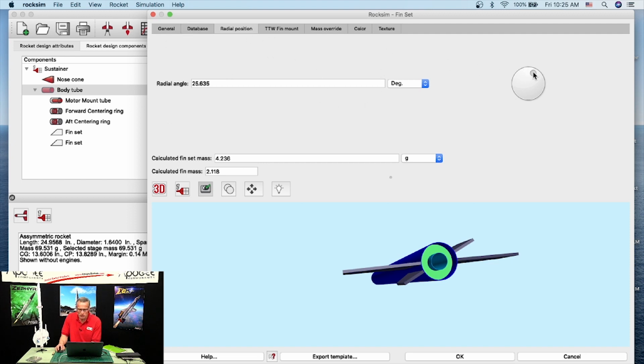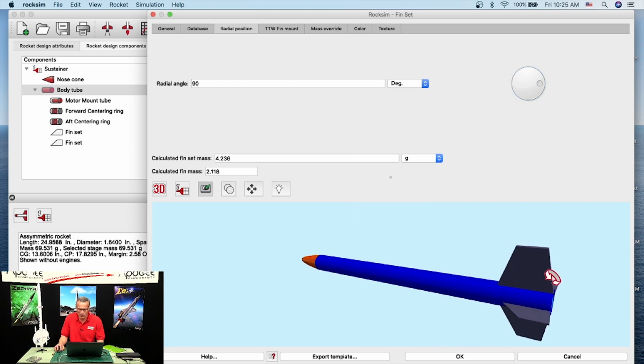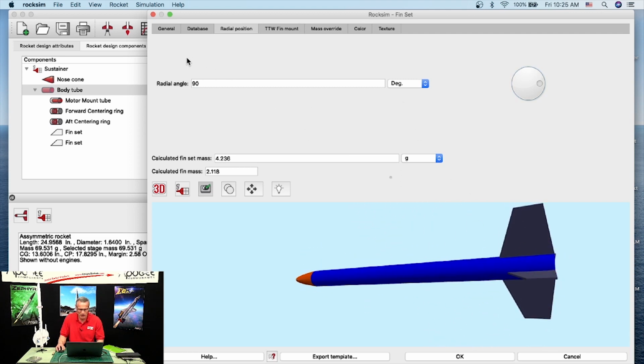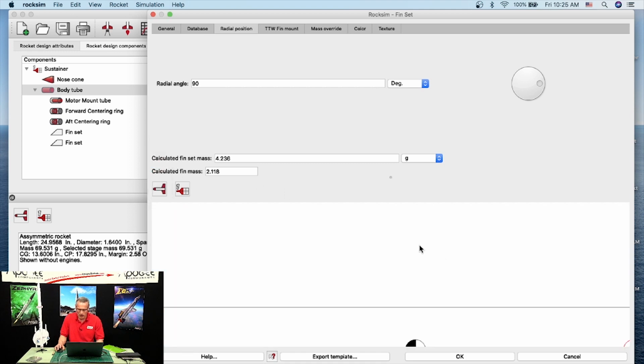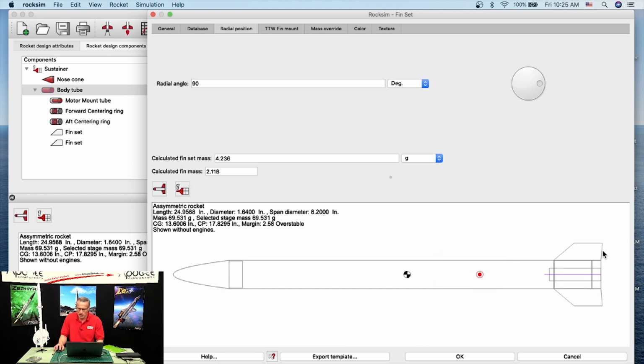But you can continue adjusting it, and I'm going to go all the way out to 90 degrees and hit my tab, and it'll be 90 degrees out. You can see now it looks more like a traditional rocket. Let's go back to the 2D view. It's zoomed in, so I'm going to zoom back to the original. So right click and then hit zoom original. You can see now this fin, it's just a line right here because we're looking straight at